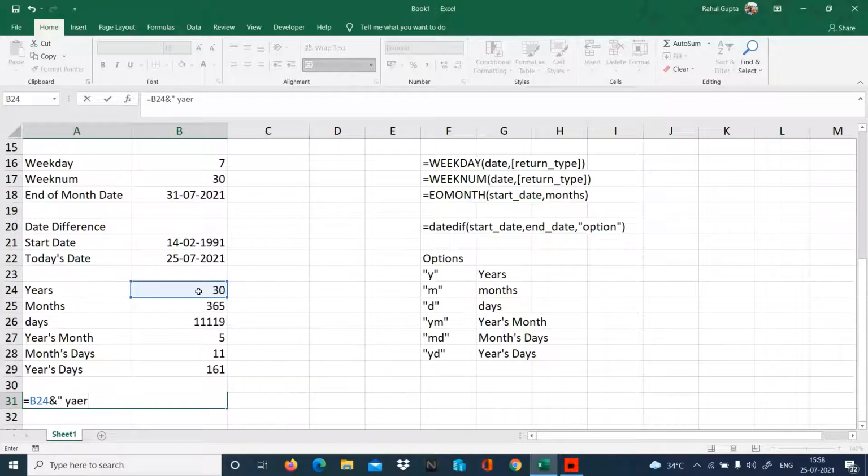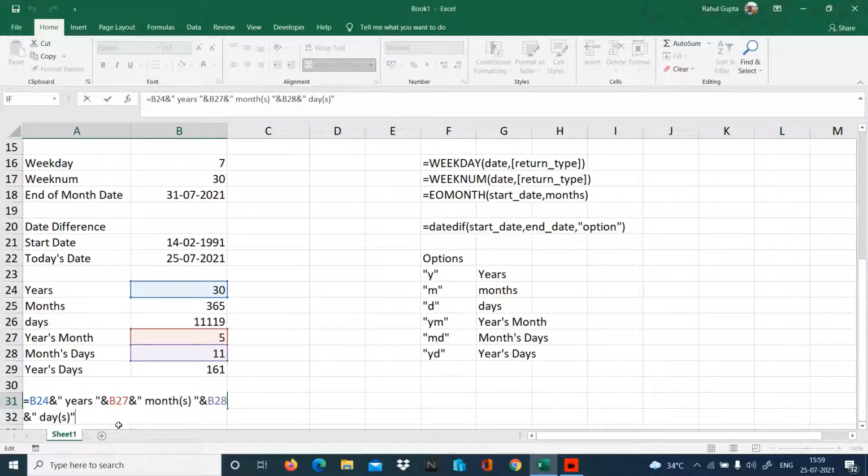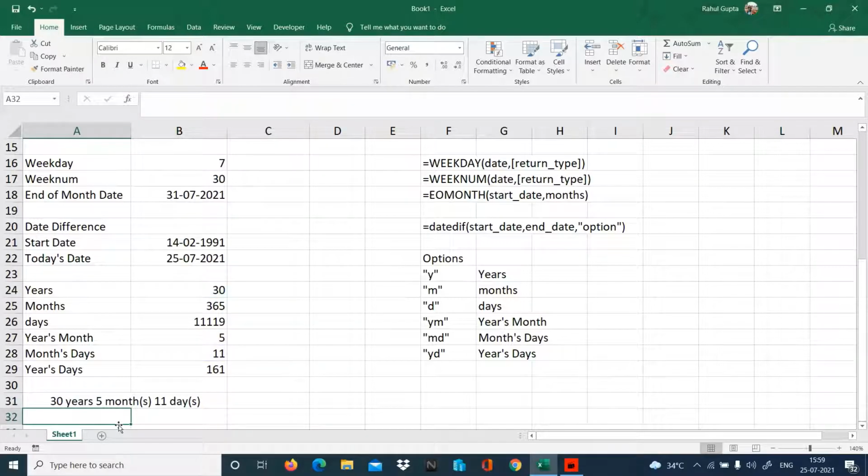I'm typing here years, ampersand this, ampersand months, ampersand this one, ampersand days, and it combines and gives 30 years 5 months 11 days. So that's the ampersand sign we can use to concatenate. So this is how we can get the date difference.